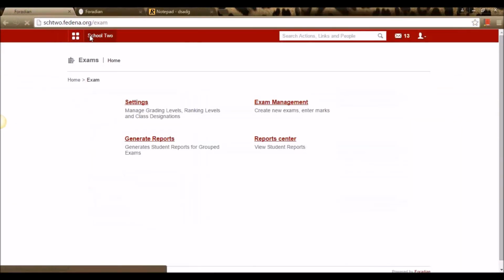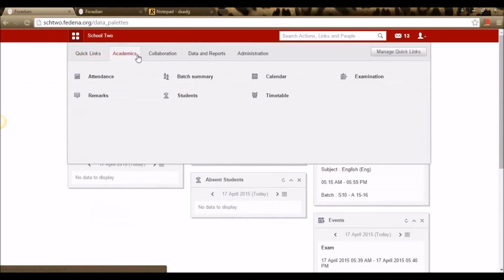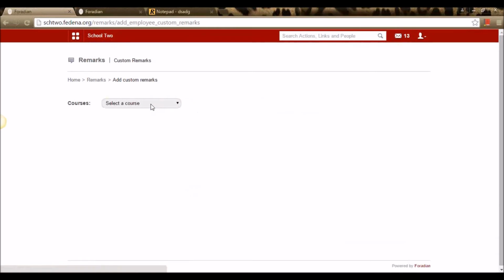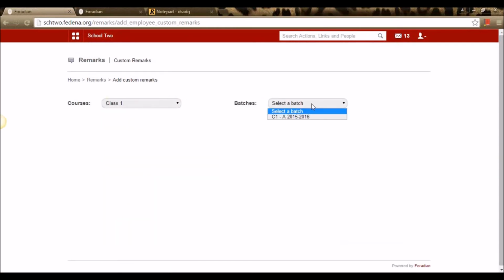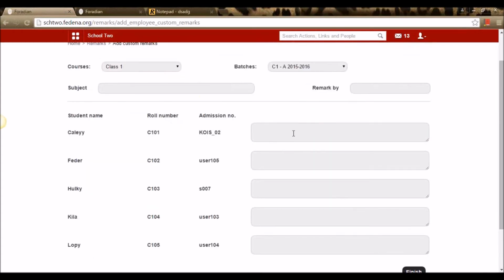So for giving remarks to students, we need to go to the option Academics and select the option Remark. There are two options available here, add custom remark and list of custom remarks. To add a custom remark, we can select a particular course, a particular batch, and see the students available in this batch, and we can enter the remark for an individual student.